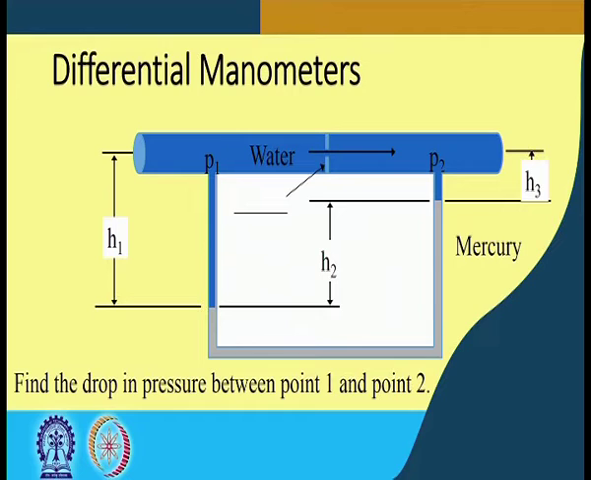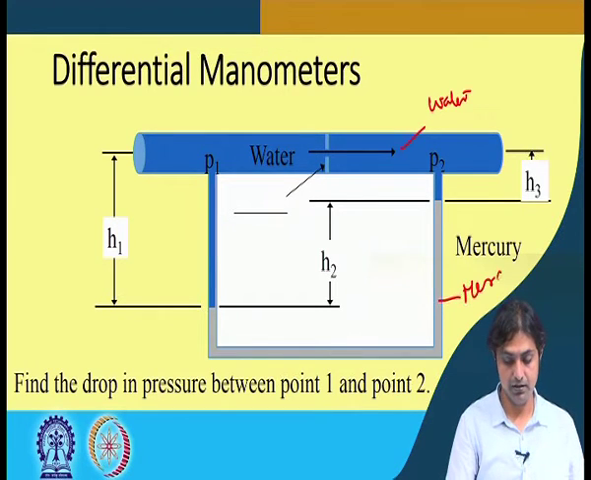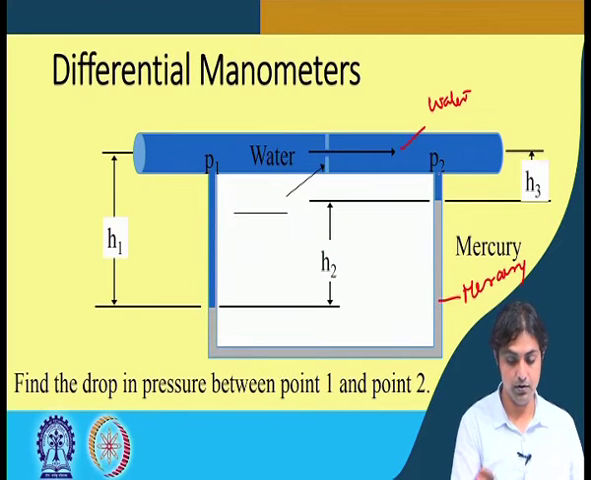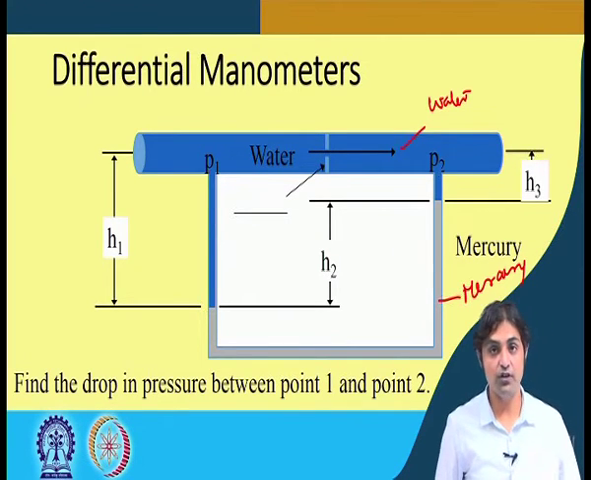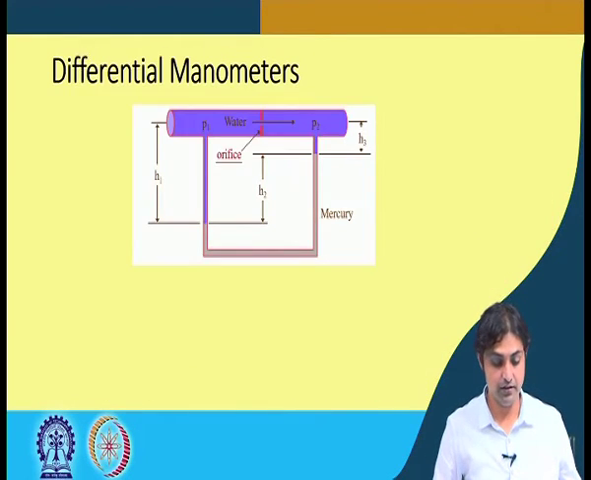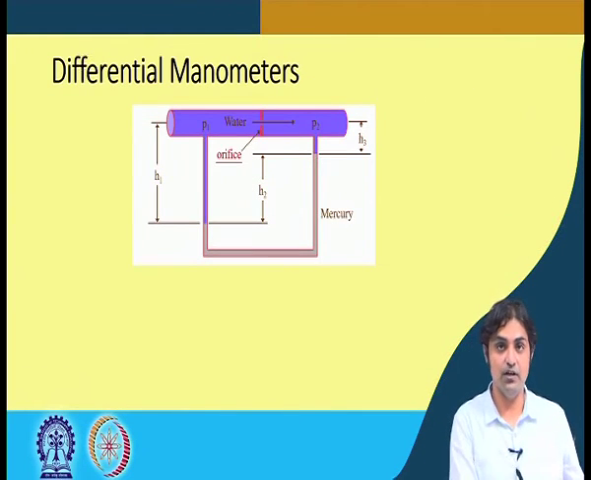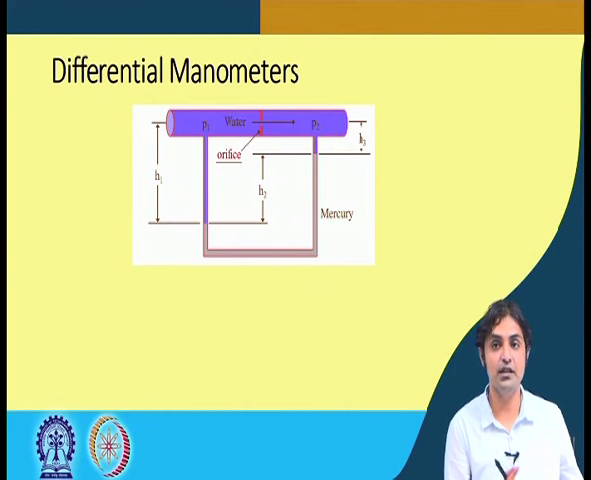So this is the setup, the blue one is this liquid here is water, and this is mercury. So we need to find out the drop in pressure between points 1 and 2. Okay. So how are we going to approach this problem? So if you see, this is an orifice, correct? So now we are actually going to keep this figure in a small and just start writing down the equations,